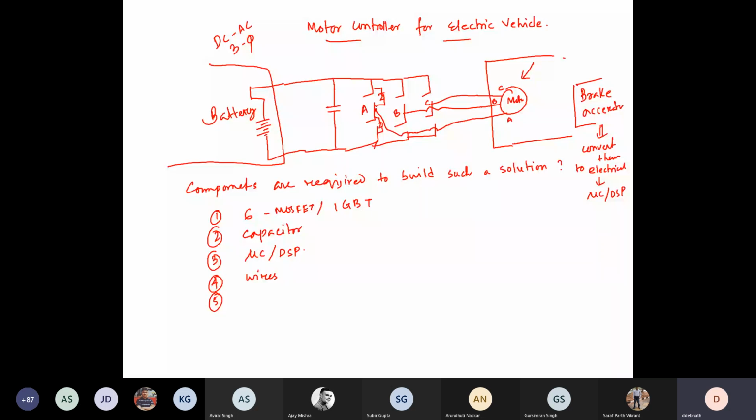Sir, a PCB or a breadboard to hold the MOSFETs and everything. Okay. Good. Remember, we need a proper PCB. Yeah? Power electronics, no breadboard, please. Well, you'll understand this. We don't want a breadboard. Huh? That is very risky for power electronics. We want a PCB, a proper PCB.